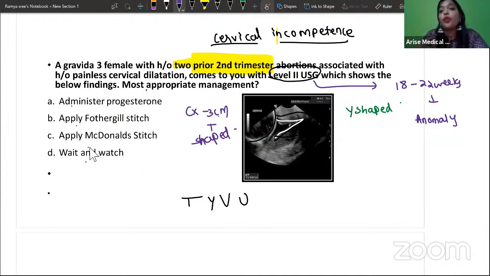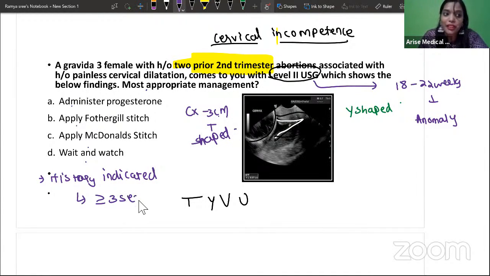Excellent. Then you won't go for putting a stitch, because for putting a stitch, you have 3 indications. One is history indicated. Wonderful, guys. I'm really impressed the way you are all answering. Excellent. So the 3 indications for applying the stitch are history indicated. To apply a stitch, it's not only just 2 abortions. They should have 3 second trimester abortions or 3 preterm labors. So history indicated is when they are having more than or equal to 3 second trimester abortions